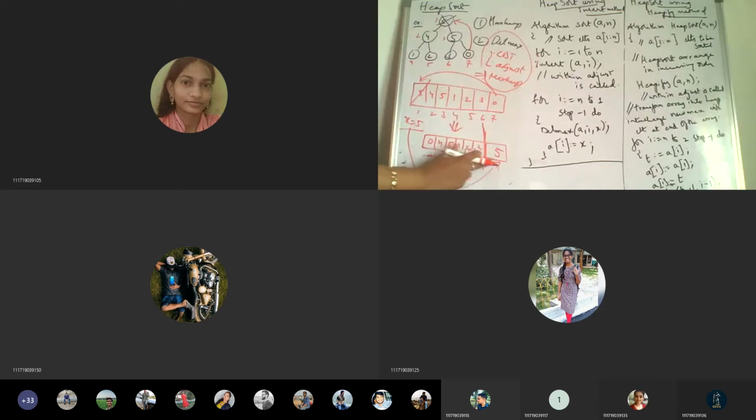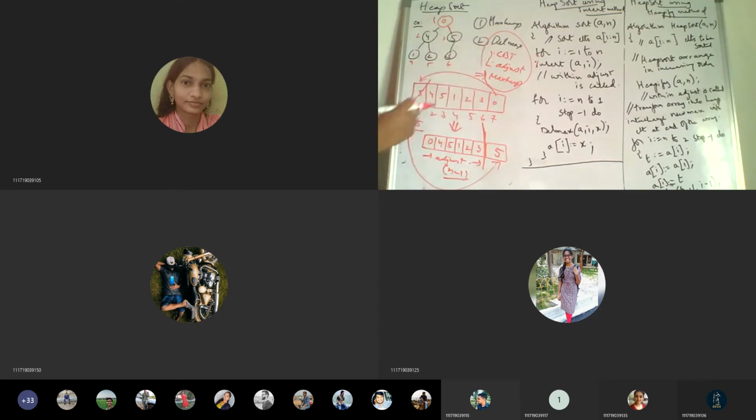Every time, whatever element is deleted is stored in the free slot. Once it is stored in the free slot, the rest will be adjusted. So here it comes, 0.